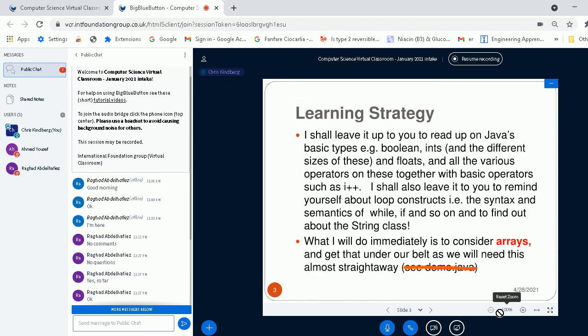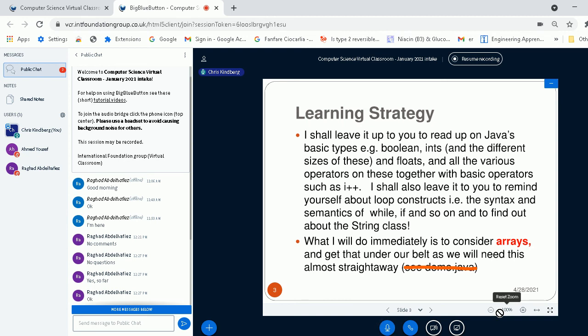As far as learning strategy is concerned, I'm going to leave it up to you to read up on Java's basic types. I want you to find out how to declare a Boolean variable, or an integer variable of various different sizes, and a floating point variable.